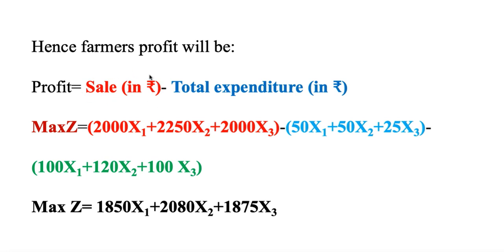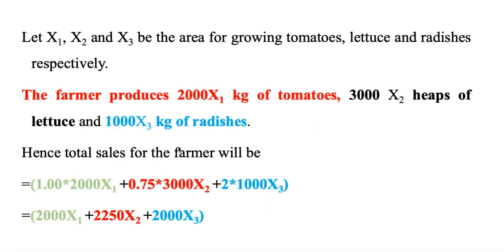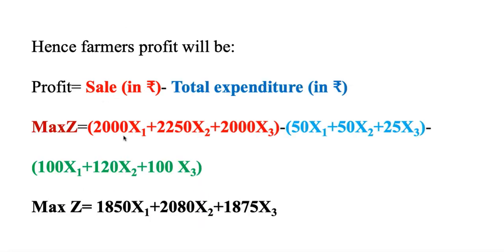Now the sales we have calculated in the previous slide, I will show you that. Now here this is the total sales, that is 2000 x1 plus 2250 x2 plus 2000 x3. This is the total sales from tomatoes, lettuce and radish to the farmer. So we are going to take total sales this figure, right? So here we have this 2000 x1 plus 2250 x2 plus 2000 x3, and then we have this expenditure, which